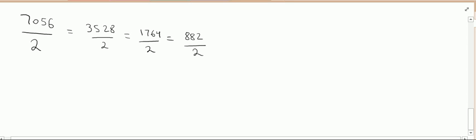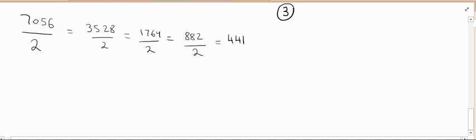Dividing it again by 2 will give 441. Now 441 cannot be divided by 2. Moving on to the next prime number to divide 441. Now an interesting tip to note, an exam tip, is that any number which is divisible by 3